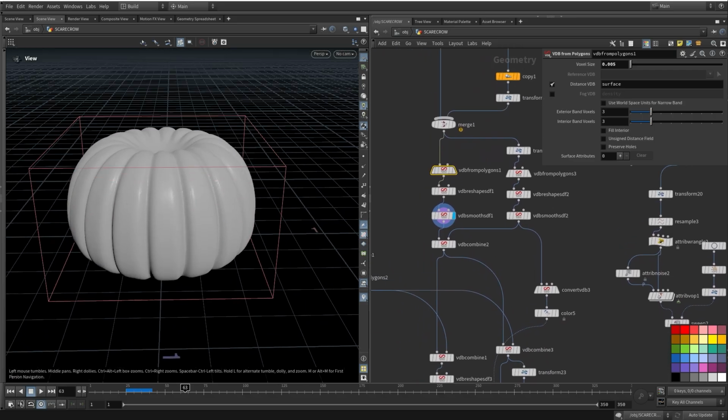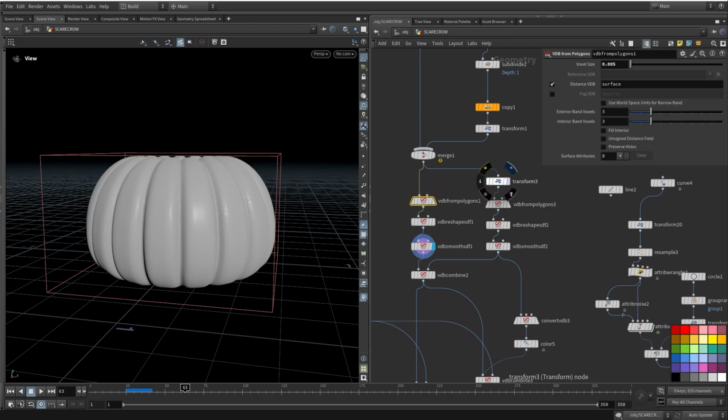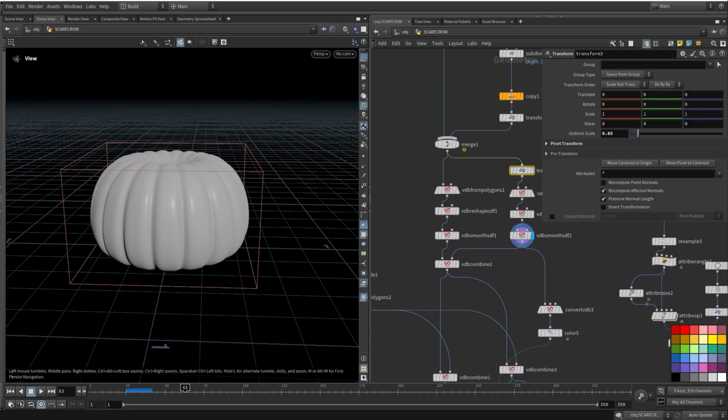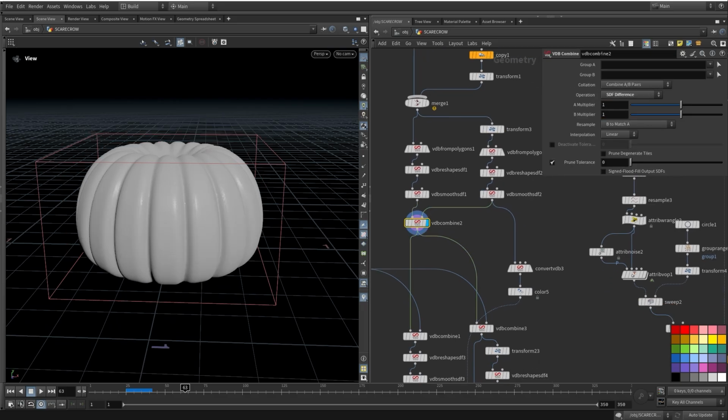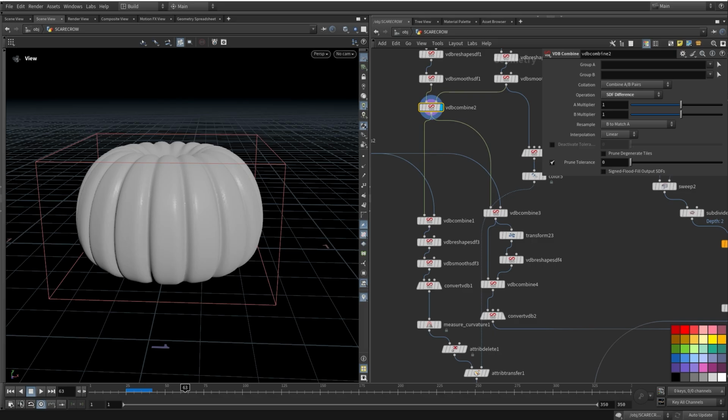and then before we convert it to polygons, I'm using the same shape. I want to have thickness to the pumpkin, so this way I'm extracting. This is the inside part, while this is the outside. Okay,